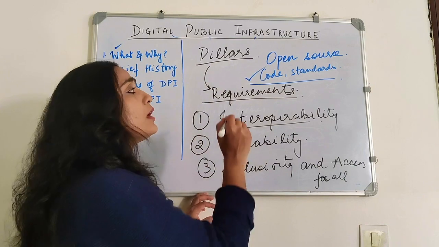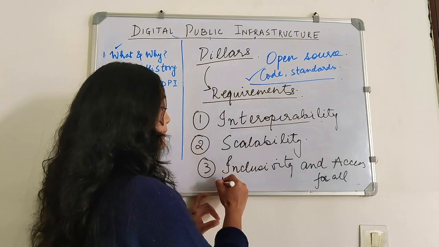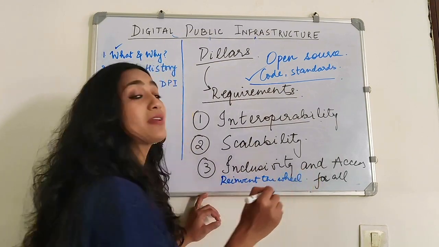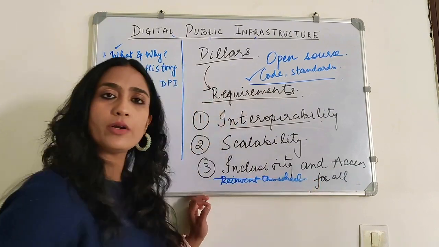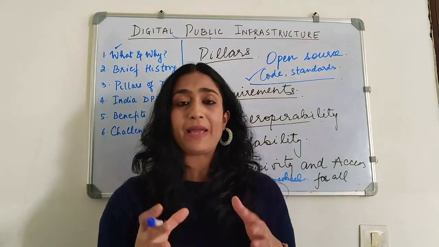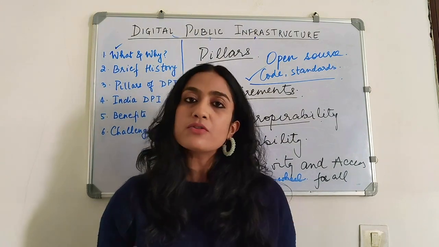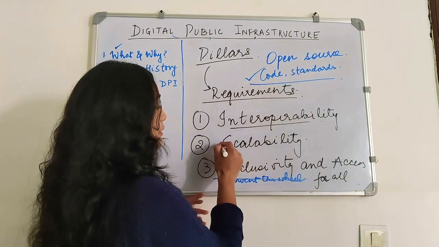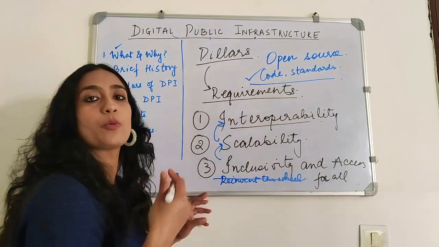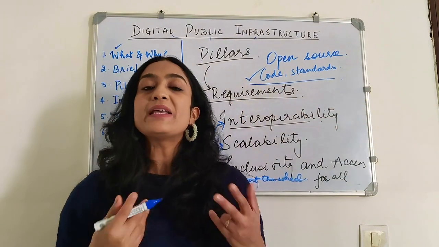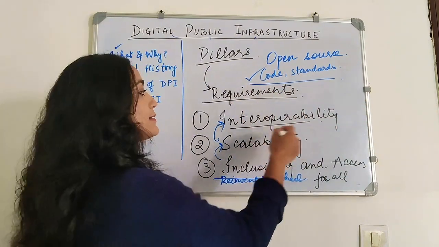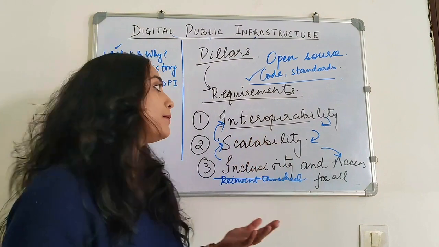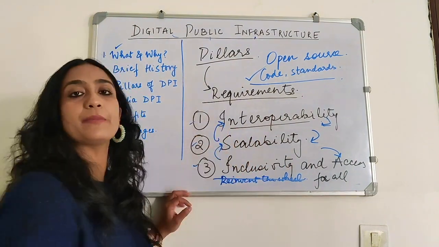Secondly, it also precludes the need to reinvent the wheel, right? So if someone doesn't have the technology, then they will have to start from the scratch. We don't want that, right? If a local, say, payment system worked at a local level, we just want that we can use that technology and scale it up. So this open source and access for all will also aid in scalability, and it will also aid in interoperability when these codes and these standards, these blueprints will be open source. So of course, these are also feeding into each other and helping increase the efficiency of each of these requirements.